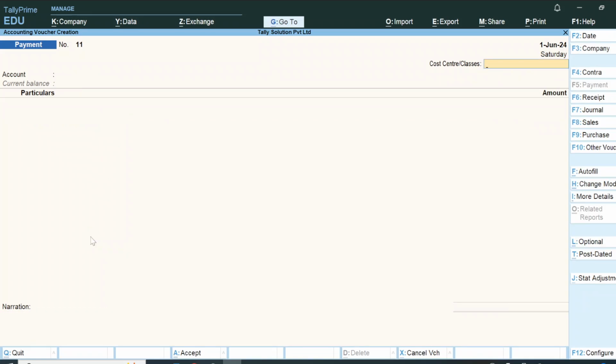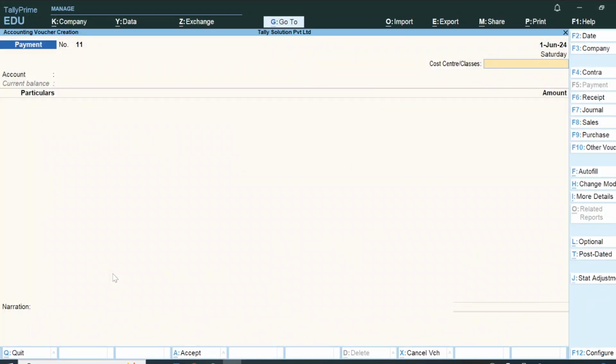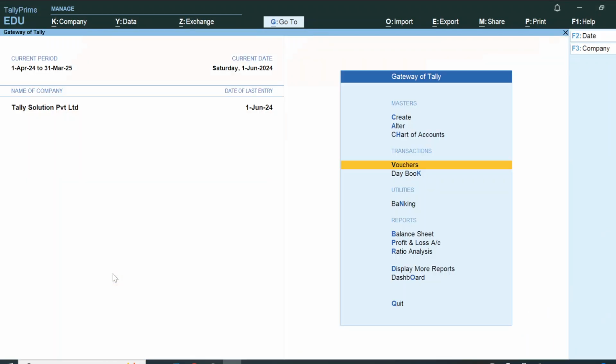Whatever entry we make in the payment voucher and purchase voucher, it is our expenses, and sales voucher and receipt voucher, that is our income. Now we are going to see all the expenses individually: how much expense incurred for airport, road, highways, multinational companies, house apartments, etc. To see the report, we will go to display more reports,